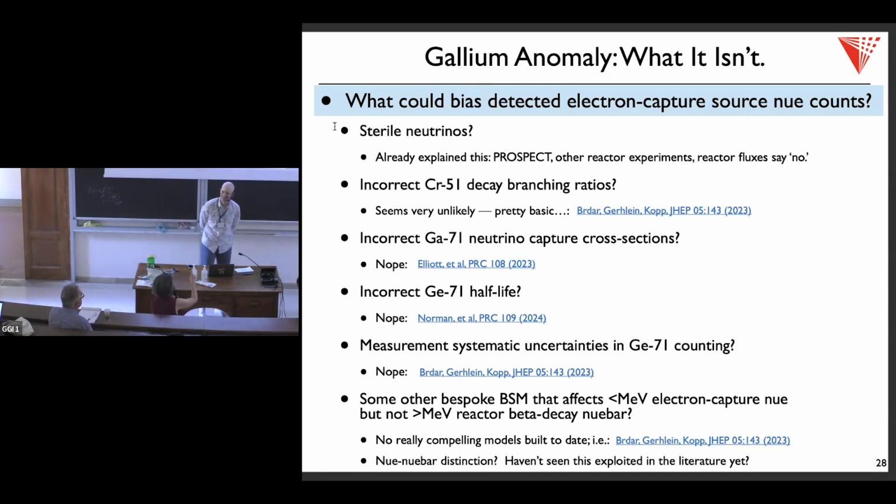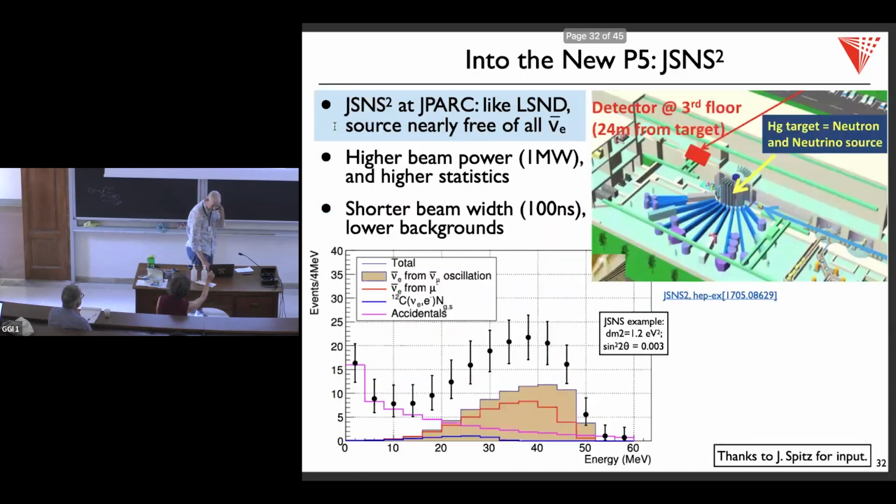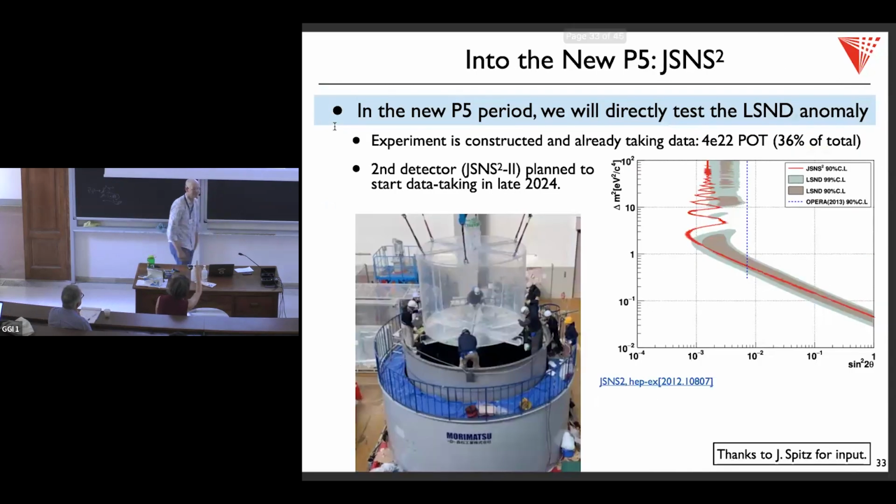I want to repeat myself. I think it's a bit disappointing in the exclusion curve by JSNS squared that we don't see the KARMEN exclusion curves, because I see that there is this nice bend out, and I think that is also out from the, I mean, it's a pity that they don't put the exclusion curves by KARMEN. Because I think it would be very instructive. And that region there, which is out, I think it was already out before. Yeah.